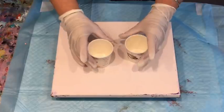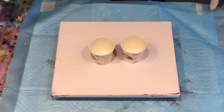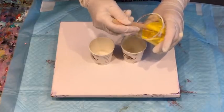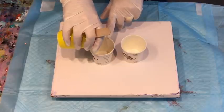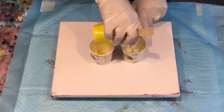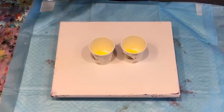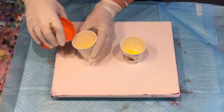But anyway, without further ado, I'll start this little experimento that I'm doing. So this is the yellow, the Mont acrylic yellow, and I mixed this one only with Floetrol. It's got no silicone in it. It's just a little test that I've been doing of late, just mixing up the pouring mediums and seeing how they all turn out. So the rest is my normal mix of the Mont Clear craft glue at